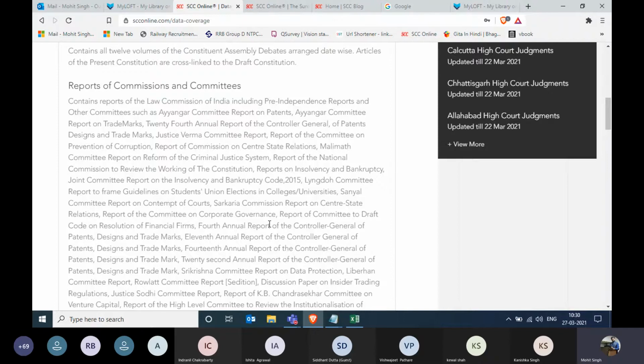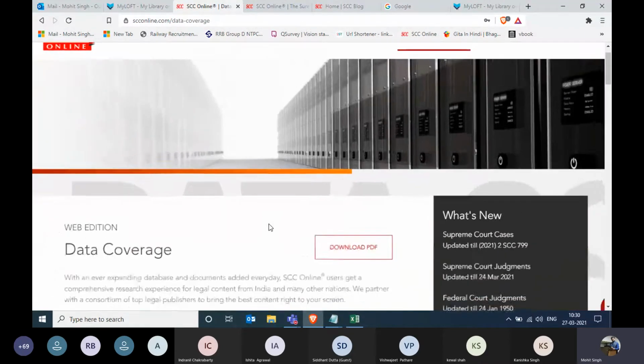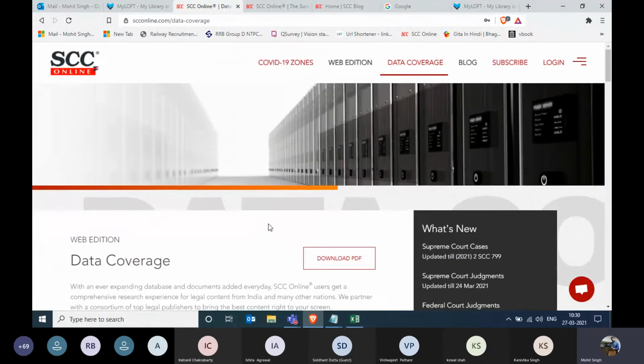So the data is huge, but the only problem for researchers is that whenever we use this SCC Online software for research purposes, we do not see the data as quickly as possible. We have to spend a lot of time on this, like 30-40 minutes in order to get one case law. So in today's meeting, our main motto is how to research as quickly as possible and how to find the documents which you are actually looking for, right?